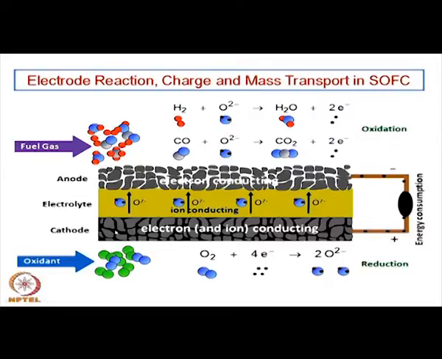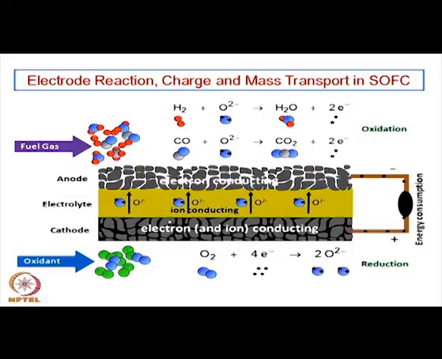Now, both cathode and anode, because you have a gaseous fuel and gaseous oxidant. So, the electrochemical reaction or the charge transfer is basically taking place at this electrolyte electrode interface, either the cathode electrolyte interface or the anode electrolyte interface. So, the gaseous fuel or the gaseous oxidant has to come in contact with this interface, and the triple phase